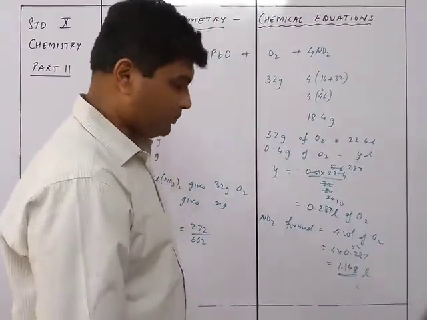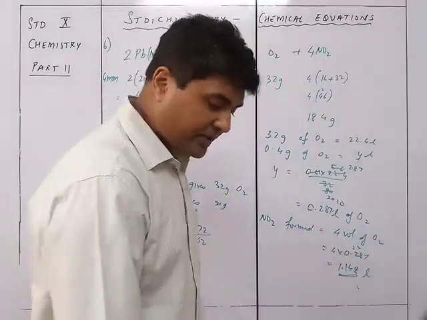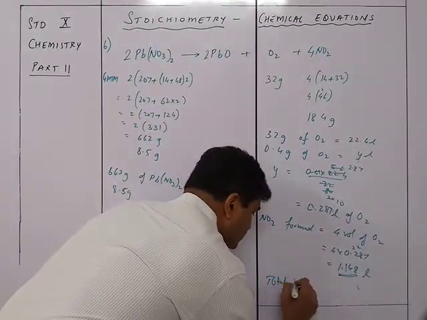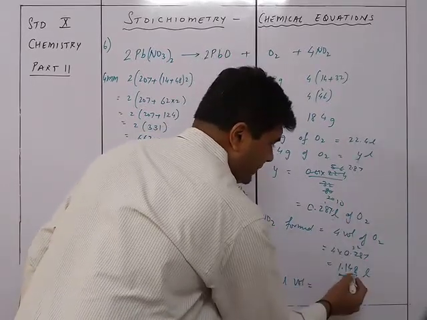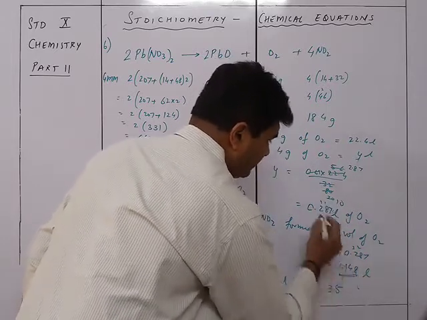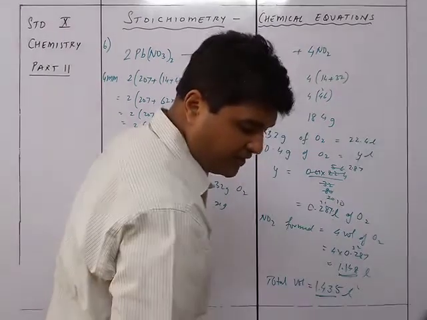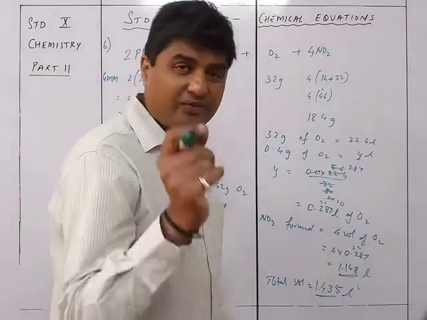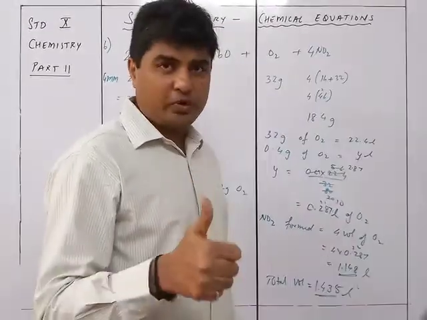Okay, that is 1.15. So the total of these two, what is the total volume? So the total volume is 0.287 plus 1.148, which is 1.435 liters. So 1.435 liters will be the answer. Now you can see the answer given in the textbook is slightly different, maybe in decimal points. Don't worry about that, up to 2 decimal points should be okay, that's fine enough.